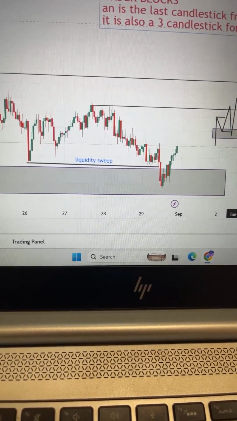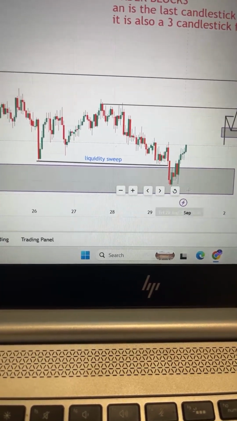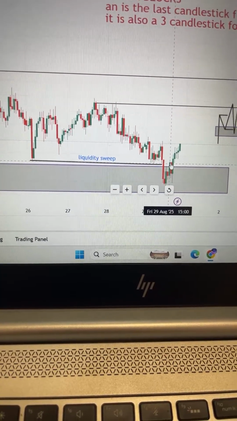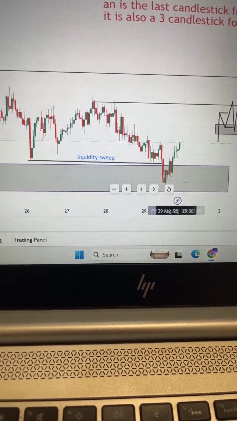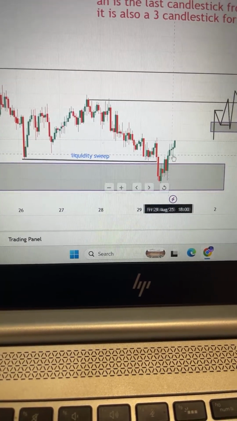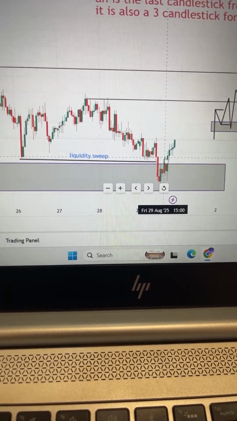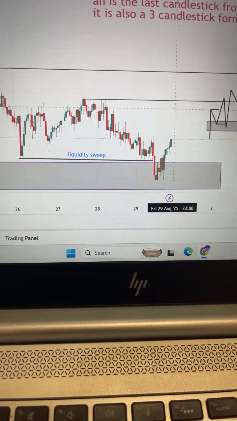Let's say you entered in this third candlestick, which is very strong with the momentum. As you see, it closed above the second candlesticks or the previous ones. So for you to enter here, you should have waited for it to close above, of which it closed, and see here it opened from the low of the previous one. So if you had entered here for buys, then you should just target this. As you see the market, how it is moving,